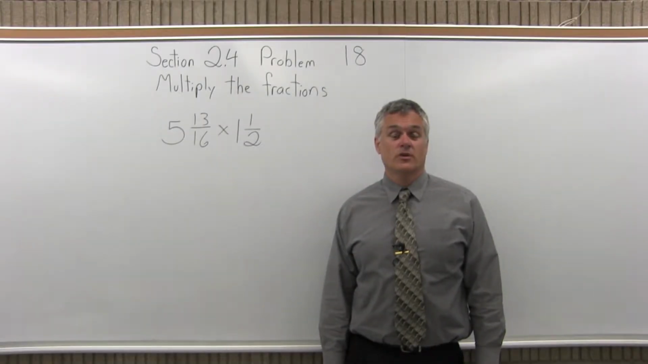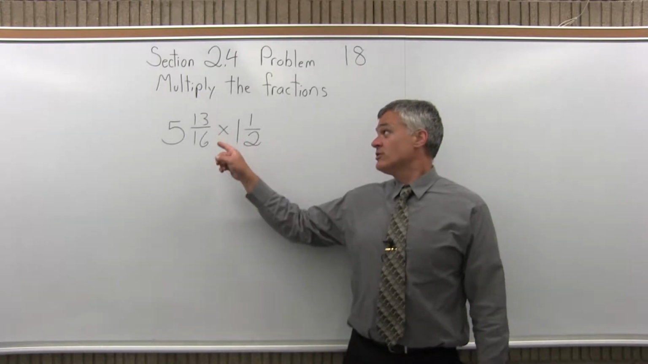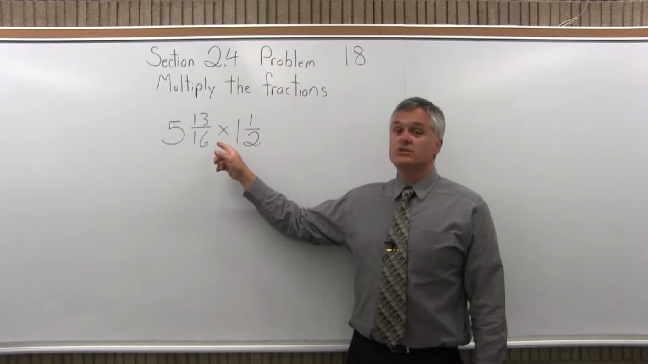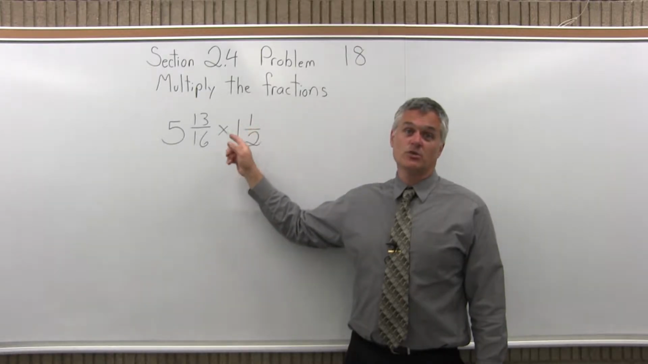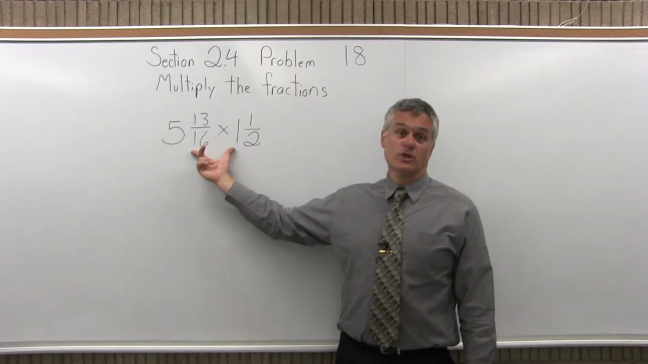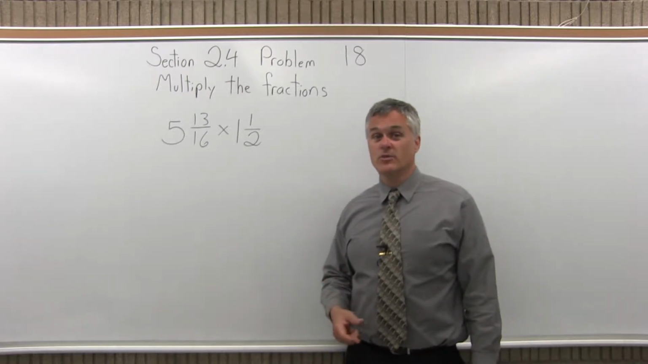This is Section 2.4, Problem 18. It says multiply the fractions 5 and 13/16 times 1 and 1/2. Well, when you multiply fractions, you have to multiply the numerator times numerator, denominator times denominator. These fractions have more than just a numerator or a denominator. They have a whole number in front. These are mixed numbers. So we have to write them in a form that has only a numerator and a